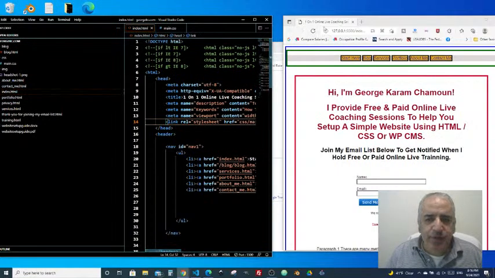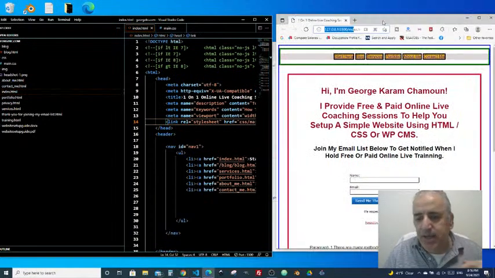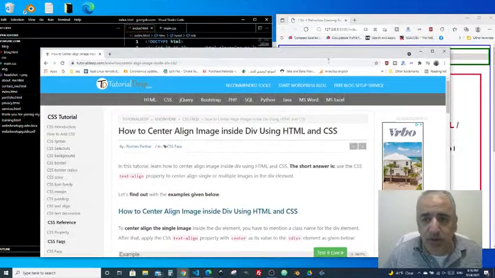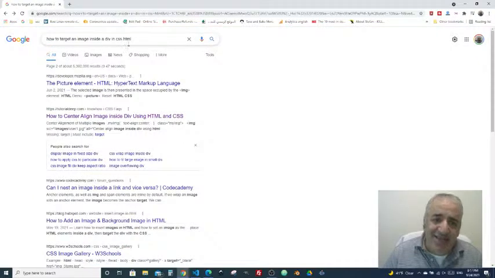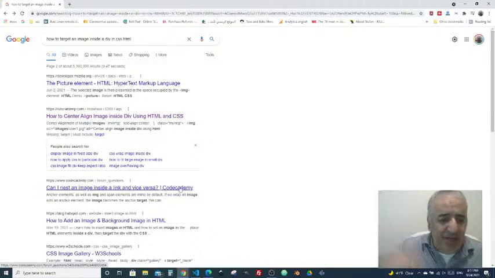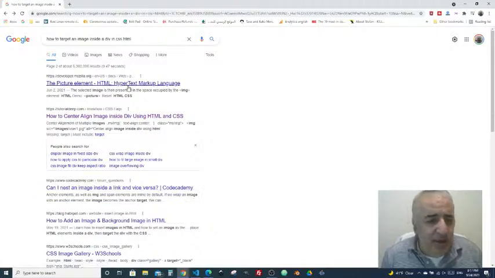Okay, so again, use different resources. You can still resort to the internet and make your search, just like now, the way I found the answer to my question: how to center an inline image inside a div using HTML tags. So I typed it in CSS HTML and hit enter and I got so many options here, and you can go through each one of them, like the top maybe 10, 20, and you can find your answer, because sometimes